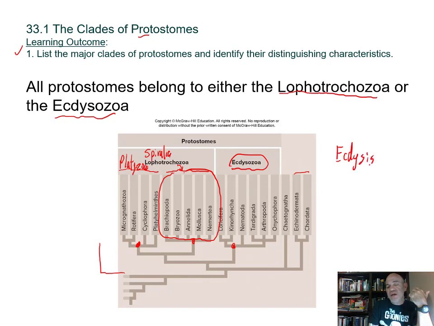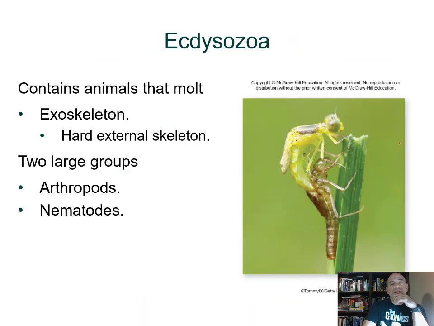Ecdysis means to molt or to shed. So they're going to shed their outer cuticle in order for them to be able to grow larger. So here you can see damselfly, which is related to dragonflies, going through a final molt before turning from a larval aquatic stage to flying